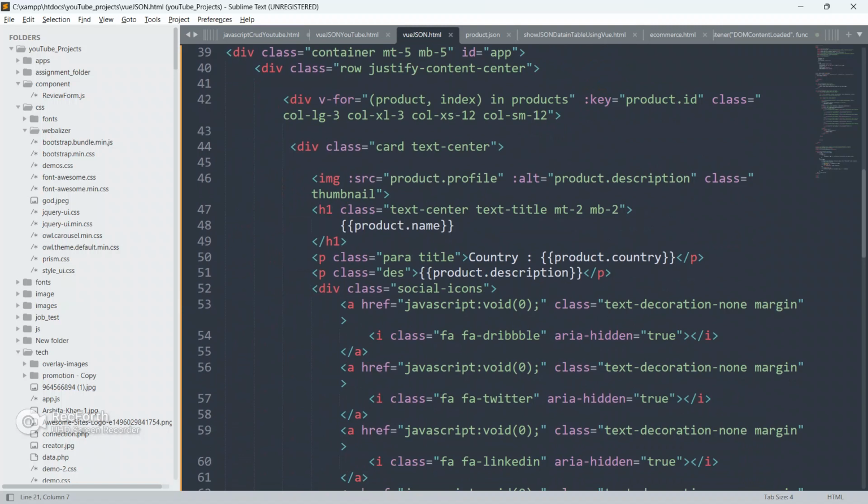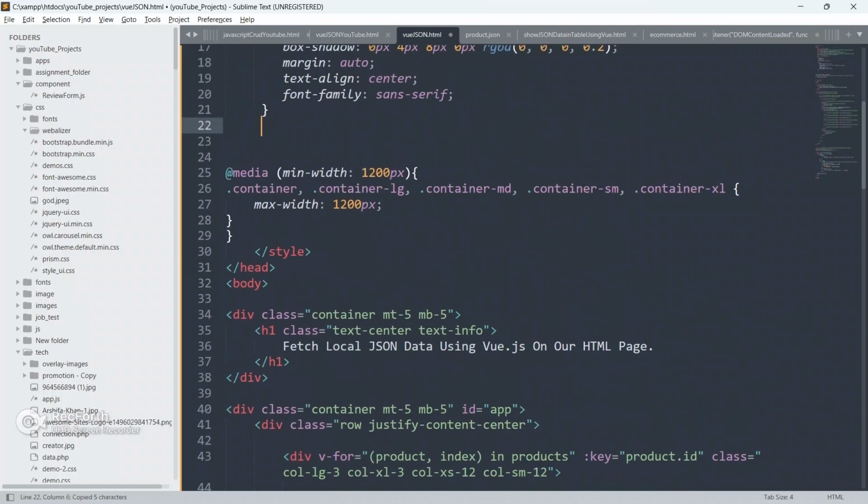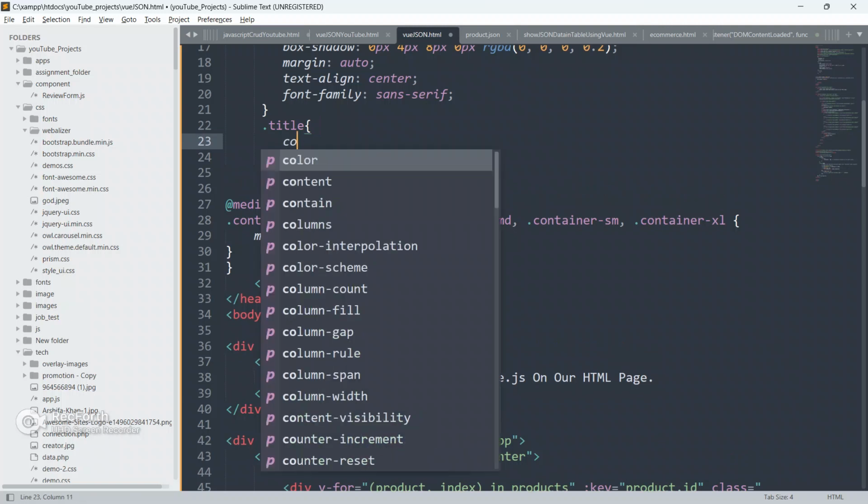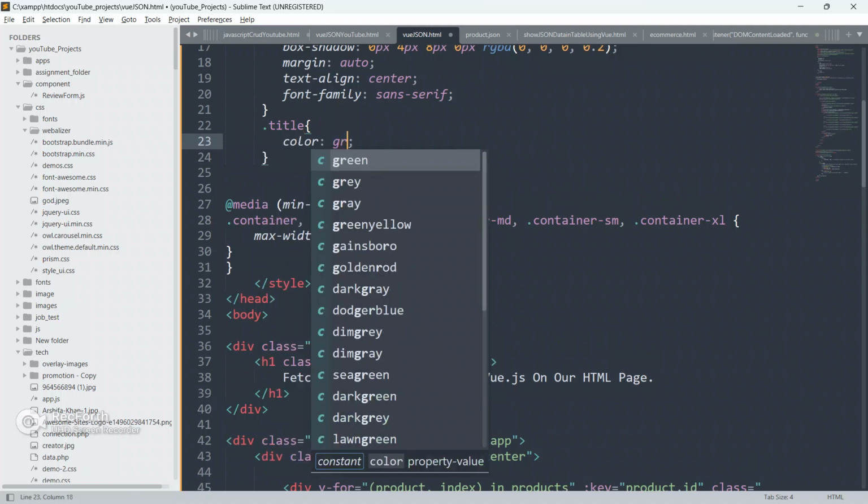Go to the code again, and now we have to copy this title class from here, paste it here, and style it.